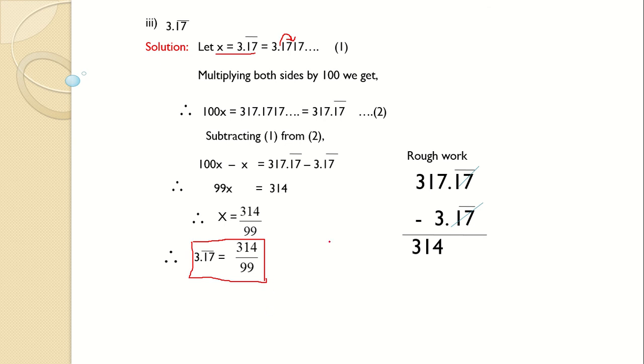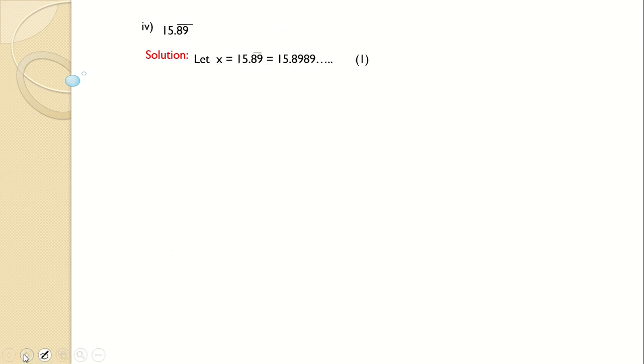The steps are the same everywhere, students, if you remember. First step, assume it to be equal to x, whatever the question is. Then check how many numbers are there after the decimal point. Two numbers, multiply by 100. See what you get after multiplying by 100. And the third step is to subtract 1 from 2. That's it. Next sum, fourth sum,